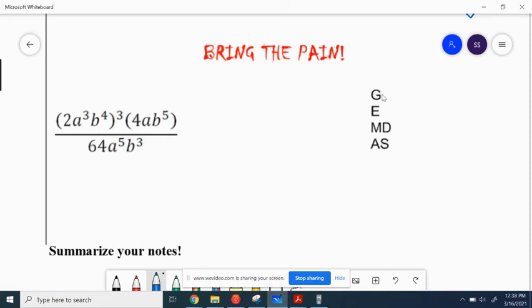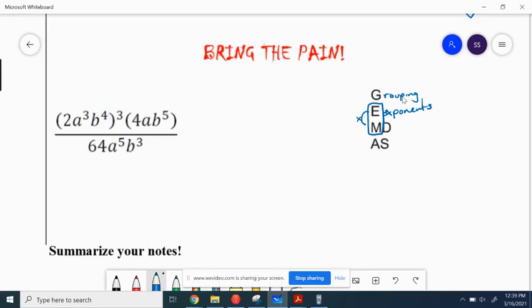So we'll start with G. G is grouping symbols, right? All right, and we do have grouping symbols, but we don't have to do anything inside of them. So next I can move on to exponents. So I need to do that first. And what is my rule with exponents? Well, that is to multiply